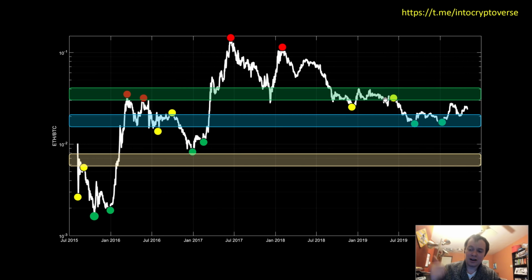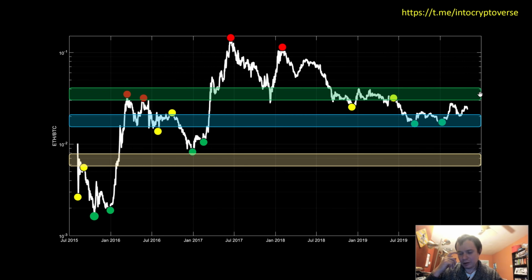So I want you to imagine this scenario. Imagine Bitcoin holds the 20-week moving average as support for weeks, months. I don't know exactly how long it'll take, but at some point, if Ether does see this similar type of move, then maybe it would shoot up to this region and then ultimately have a peak, a second peak, and then kind of come back down, and then this would be our new buy region.